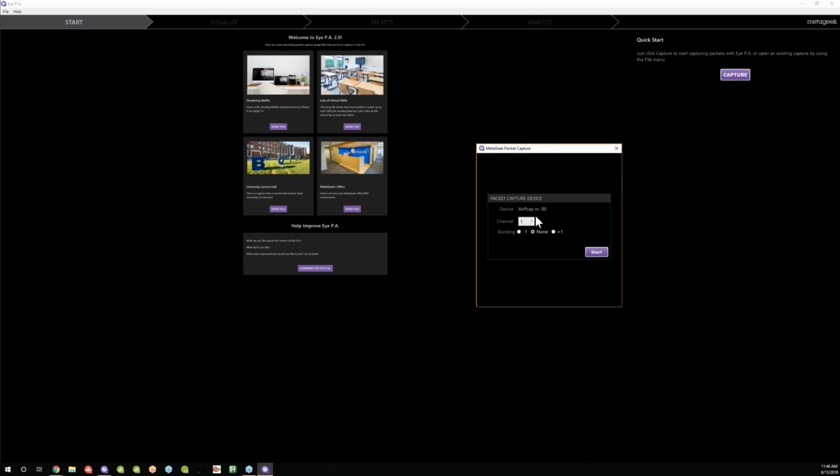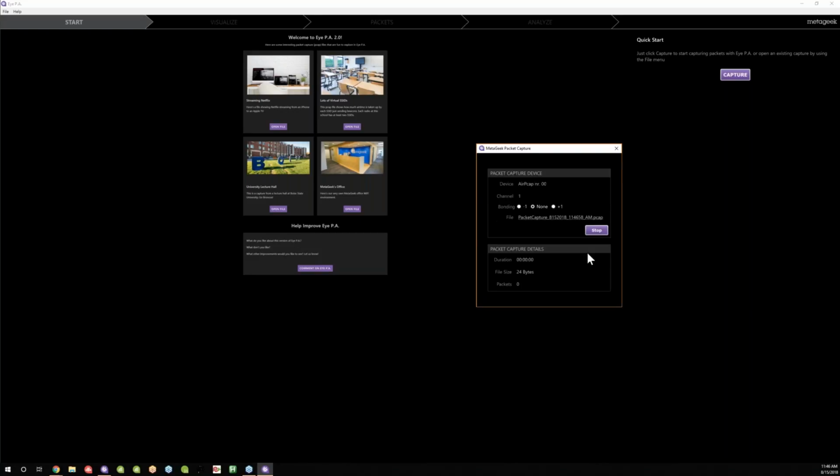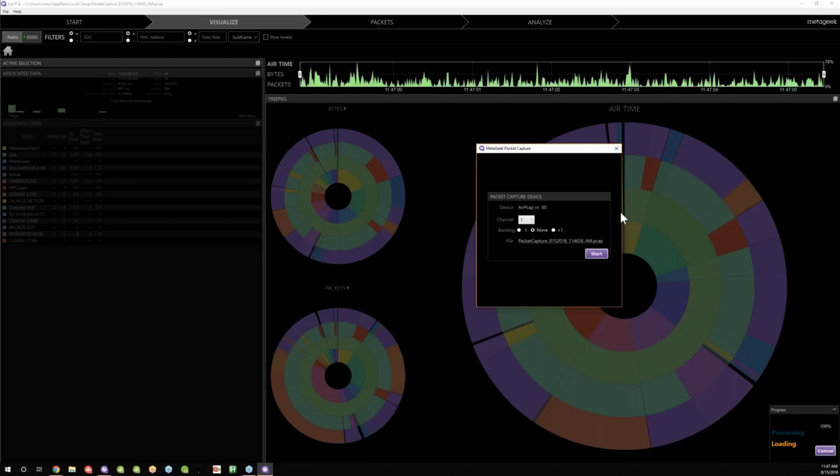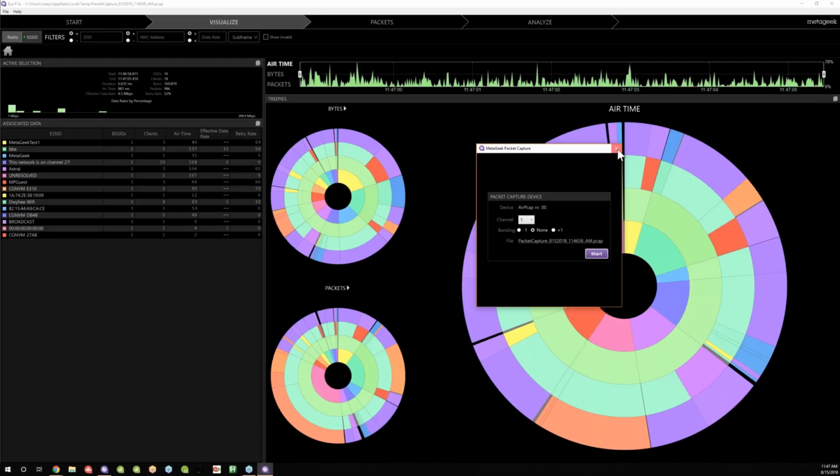So yeah, it recognizes that I also have an Air PCAP, so no need to install drivers over my other network adapter here. So I'm just going to do a quick start on channel 1. This is just monitoring current channel 1 in my environment, so I'm not doing any throughput tests or anything. I'll show you recordings of some pretty neat things, but this is just a quick way to show you how it actually captures